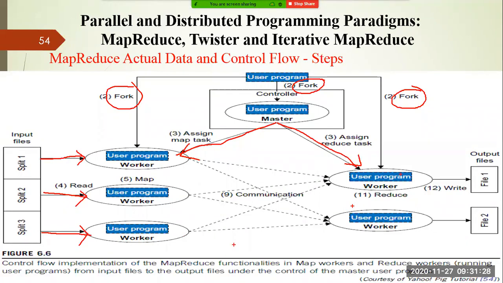And each and every reduce function is collecting the results of the intermediate values generated by this map worker. They are collecting the results and writing them into various files, or into a single file also. But as per your requirement, if you have multiple output files, then you can write into multiple output files. So this is the process we are following.